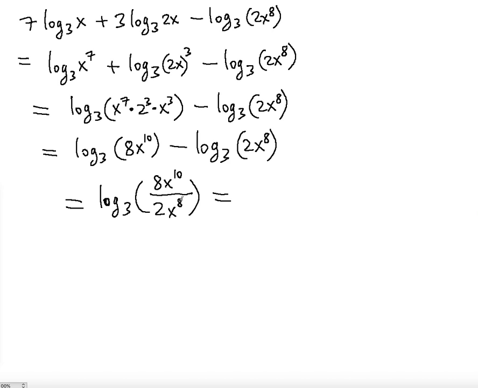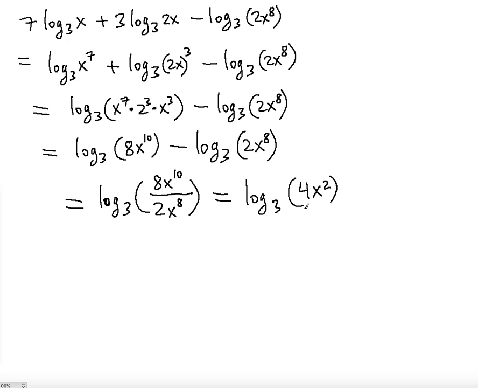And now we can simplify the inputs, right? So it's going to be log base 3 with the input. So what's 8 over 2? That's 4, right? And actually we don't have a fraction as a result. So using the exponent rule once again, before we had the addition, as a result of the base x being the same, so we added the respective powers, but here we're going to subtract respective powers when the bases are the same using the exponent rule, the division rule. So it's going to be x to the power of 10 minus 8, right? 10 minus 8 is 2, right? So x squared is your result. So the answer is